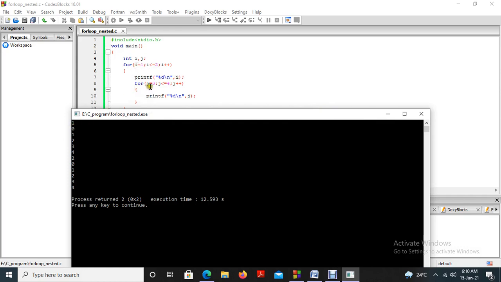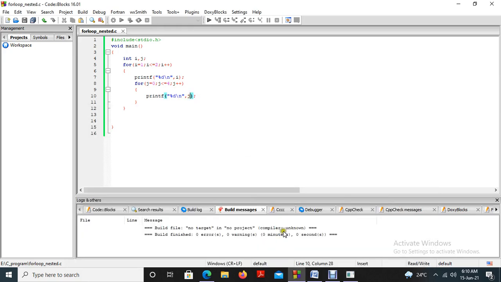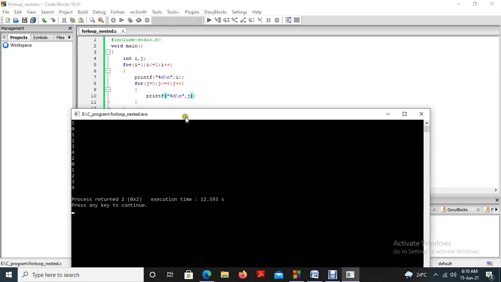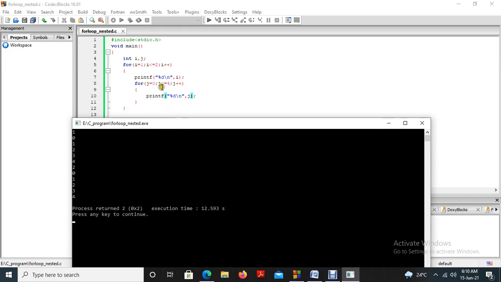After that, it gets into the for loop. J equal to 0, 0 less than or equal to 4, condition true, j is printed. So 0 is printed, and after that j is incremented by 1, 1 is printed, incremented by 1, 2 is printed. Then because this condition is true, but again inside this loop another for loop is there, so that execution also has to be completed, then only it goes to the remaining part of the initial for loop, outer for loop. So initial value of I equal to 1, then it comes into the loop.